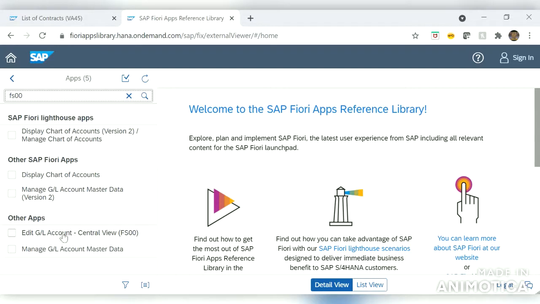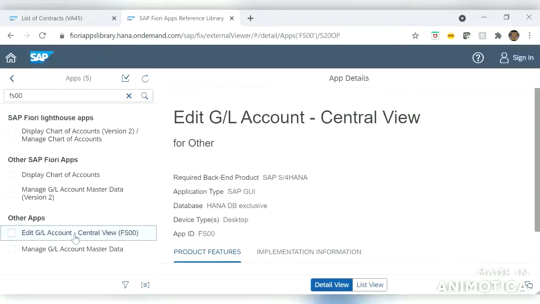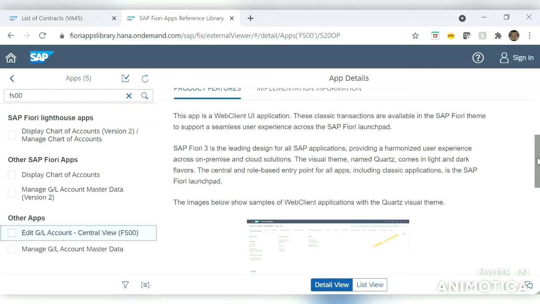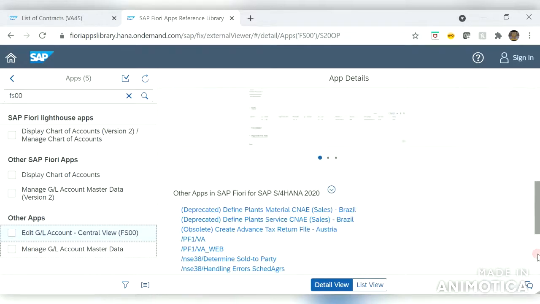See, we have these apps related to this company code. Okay, let us click on this, and we can see the app details. Product features. So it gives the details of the product,